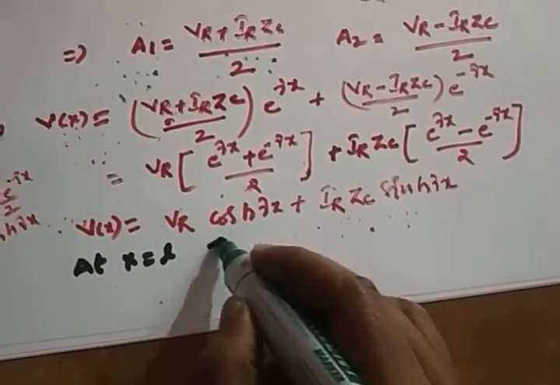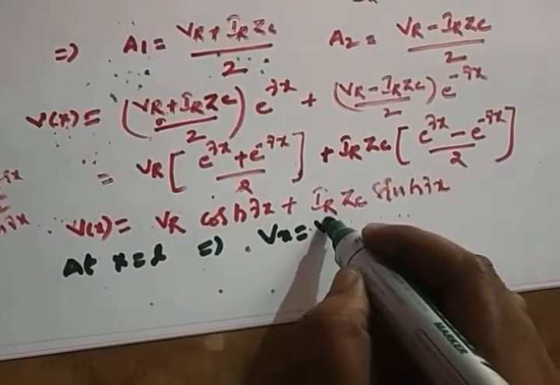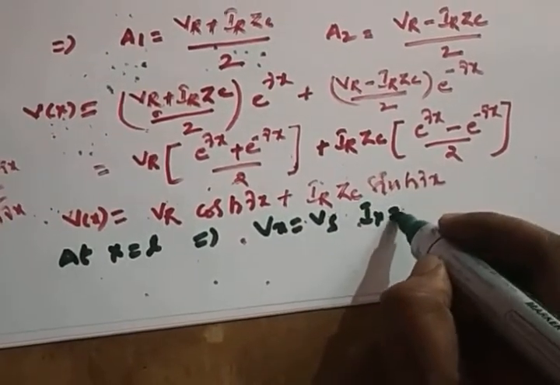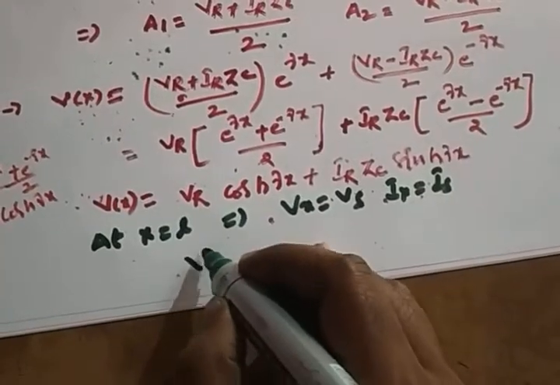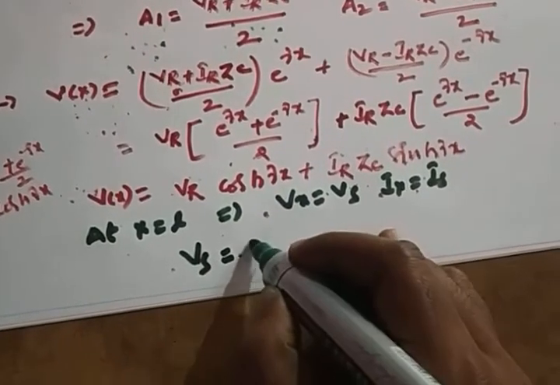At x is equal to L, Vx is equal to Vs and Ix is equal to Is. So then substitute. What is Vx? Vx is nothing but Vs, which is equal to VR